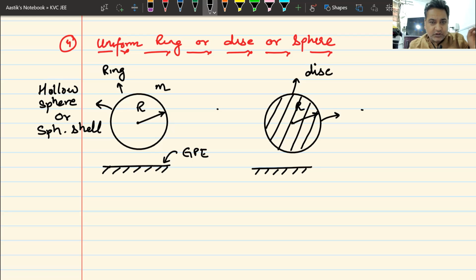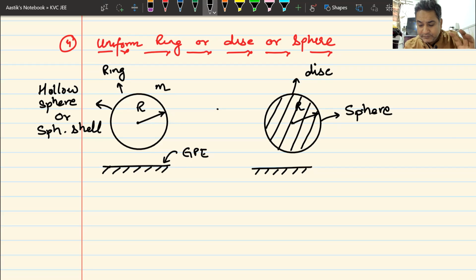On the other hand, if I draw it like this, the figure on the left is a hollow sphere or a spherical shell. Then the figure on the right becomes a sphere. And remember, sphere is always solid. So I will never call it solid sphere because sphere is solid. I can't call something by a name which is not its. Books may call it solid sphere. But remember, sphere is solid. There is no liquid sphere. Sphere is solid.